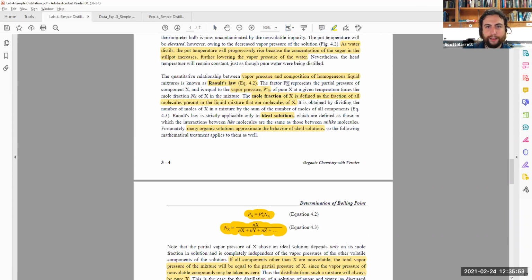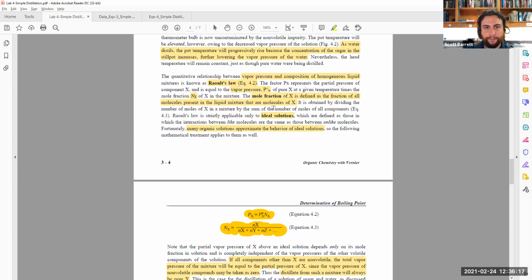And remember, Px represents the partial pressure of component X, and it's equal to the vapor pressure P naught X of pure X, in this instance, we would say water in that water sugar example, at a given temperature times the mole fraction, and NX is always the mole fraction of X, which is the water in this